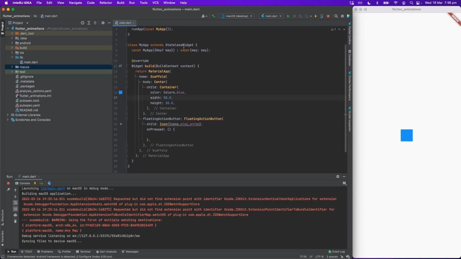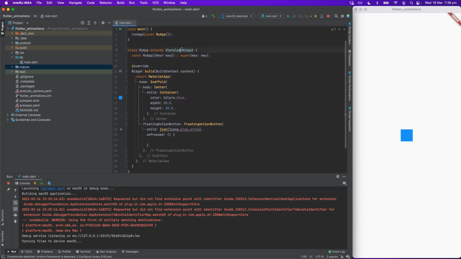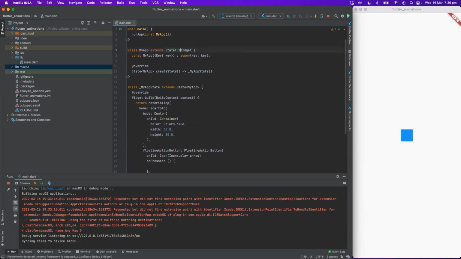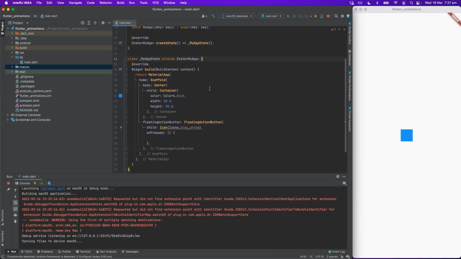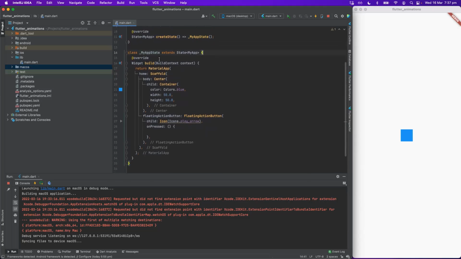The first thing to do is to convert that widget into a stateful widget. I can do that with just an IDE shortcut. And as you can see, two things changed. One thing is that this class now just has this createState method instead of build. And this createState creates a new class, which is now going to keep the UI of the application.